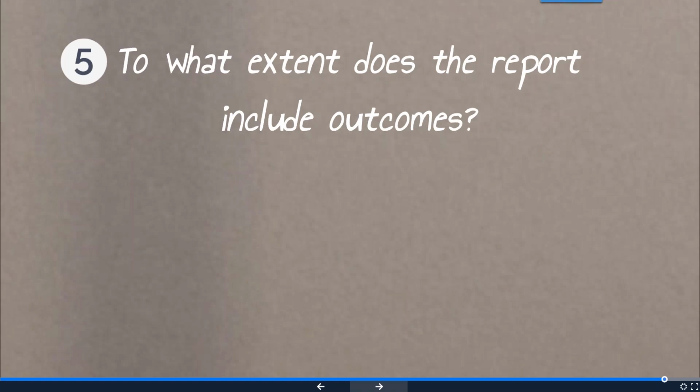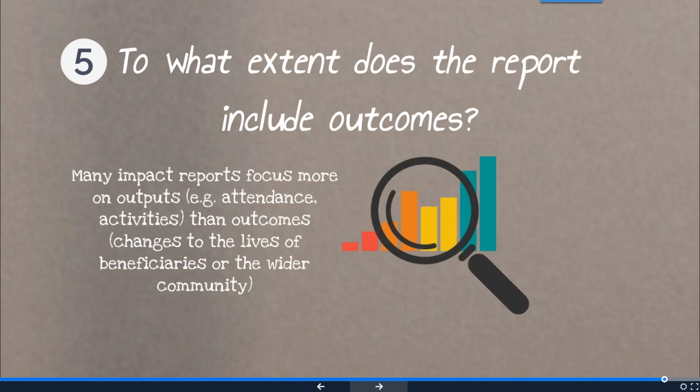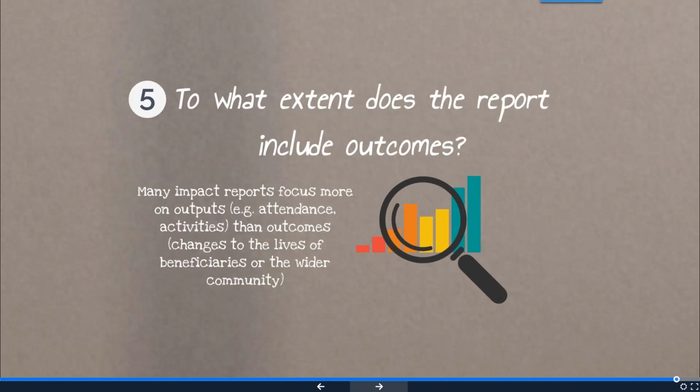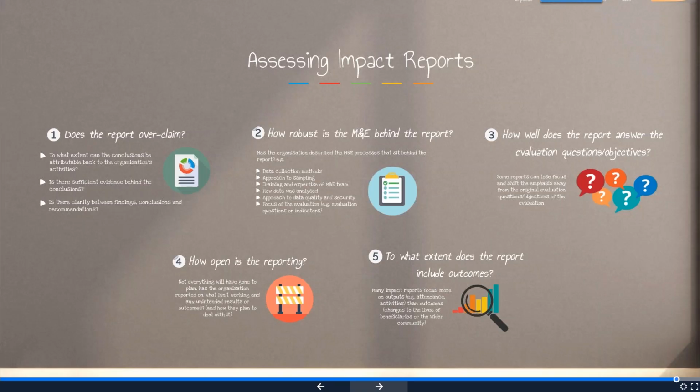And the fifth area is, to what extent does a report include outcomes? So many impact reports may state they're an impact report, but actually they've focused largely on outputs, i.e. attendance numbers, numbers of activities that are being run, etc., rather than the changes that have occurred to actual individual beneficiaries' lives or the wider community. So thinking about how you're capturing some outcome-based information is also a key lens through which to look in the process. So there's just five criteria that are worth looking at,